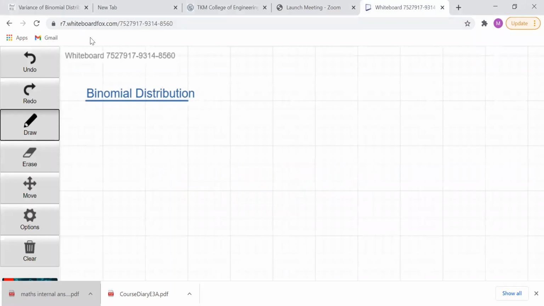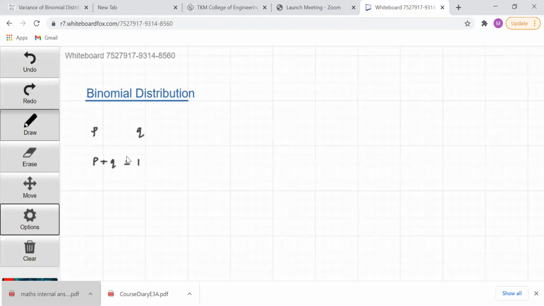Good morning, everyone. In today's session, we are going to discuss binomial distribution. Binomial distribution is a theoretical distribution, and suppose we have a random experiment having two outcomes. Let's say the success and the failure. Success is having probability p, and the failure is having probability q, giving p plus q, probability of success plus probability of failure, is equal